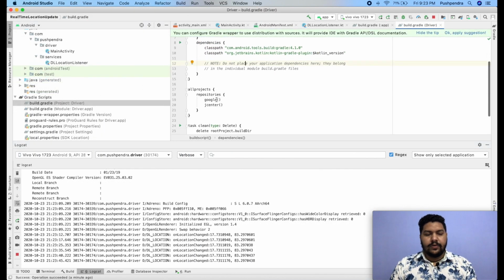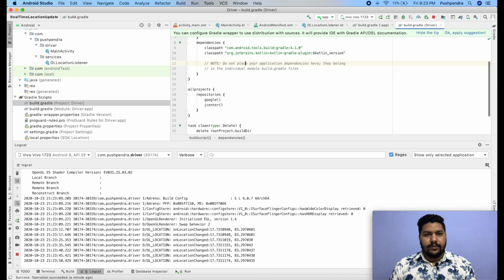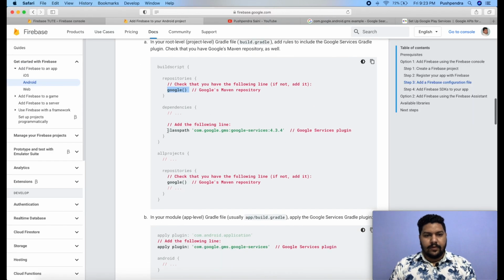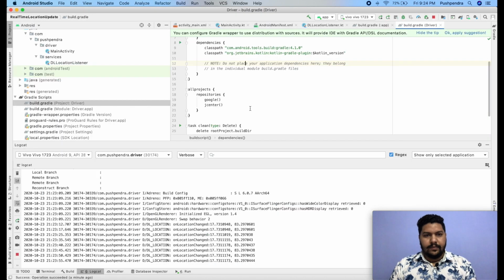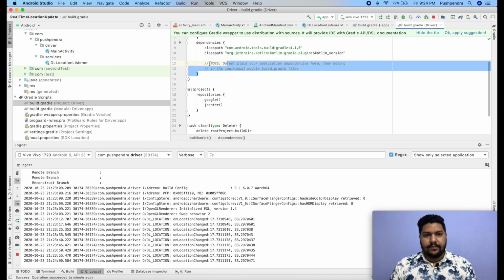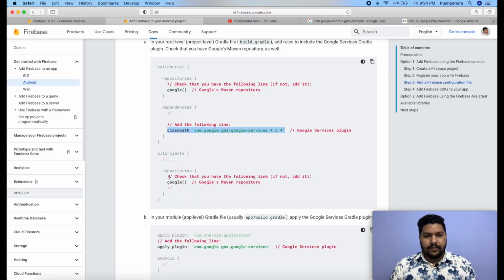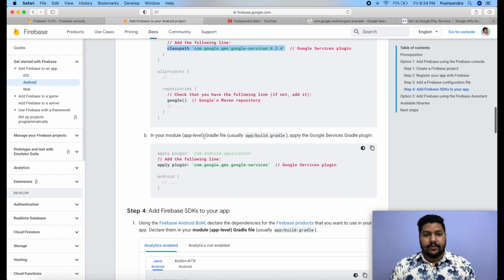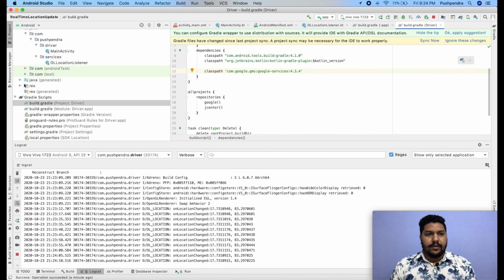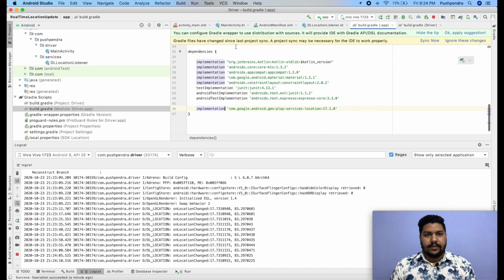Here Google is already added, so now we need to add Google services. Copy and paste, remove this below. Second line, Google in repository, it is already there. Apply plugins in main file, and it is here.